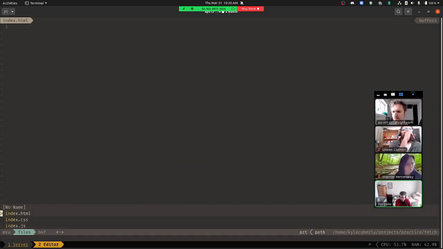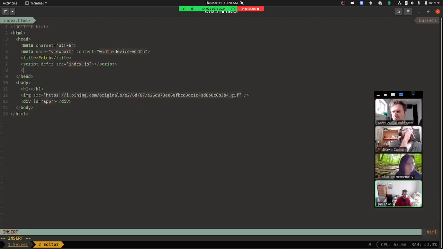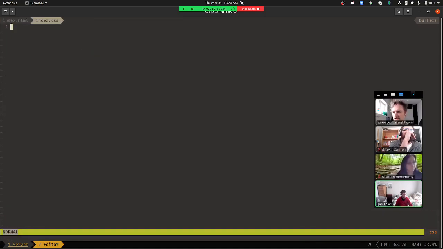And attach it. And then we're going to give this a class of spinner. And then over in the CSS, let's